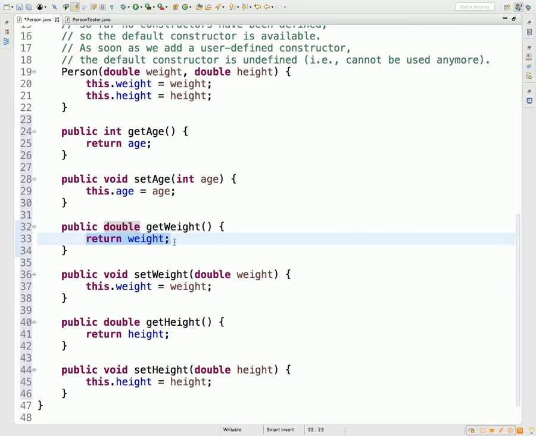For weights, there is no use of this. Can somebody explain to me quickly why it is necessary to put this in line number 37, but in line number 33, it is not necessary to do so, even though you could put it, but it's not necessary. Yes, go ahead. Because in the method at line 26, you have the parameter weight already has the same name as the